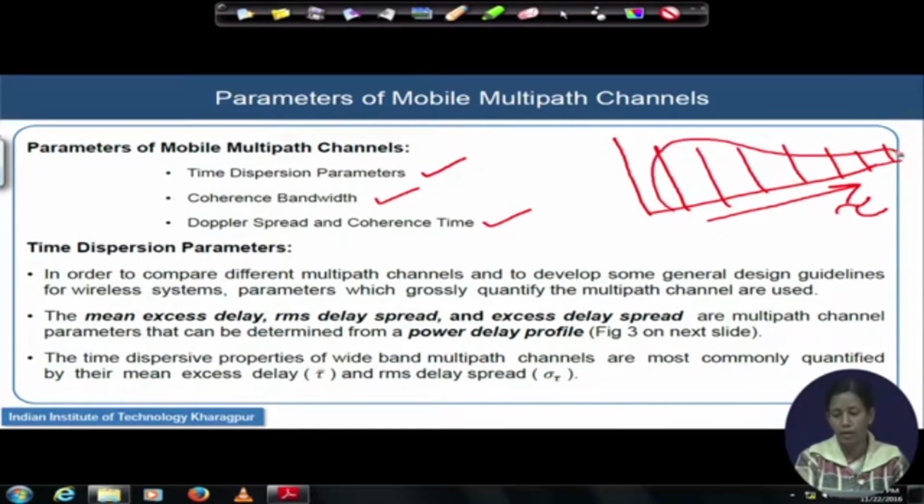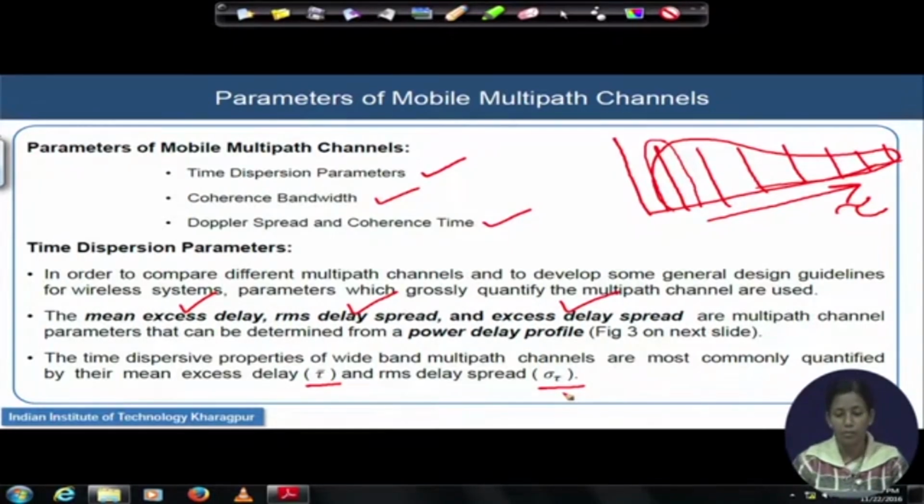Because of that we say that a dispersion is happening, the signal is getting dispersed. Even if you have transmitted the signal like this, now it has got dispersed like this. So, a time dispersion happened over the signal, and hence we define some parameters over this dispersion, which are called the mean excess delay, the RMS delay spread and the excess delay spread over the power delay profile. And remember, the mean delay and the delay spread are expressed by the terms tau bar and sigma tau. They are very important to